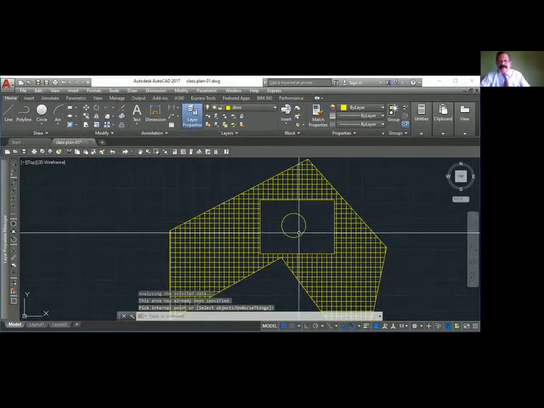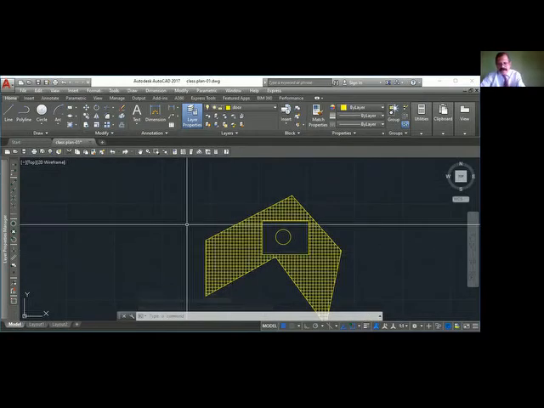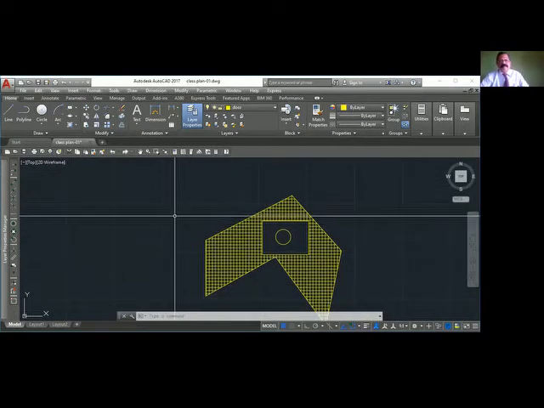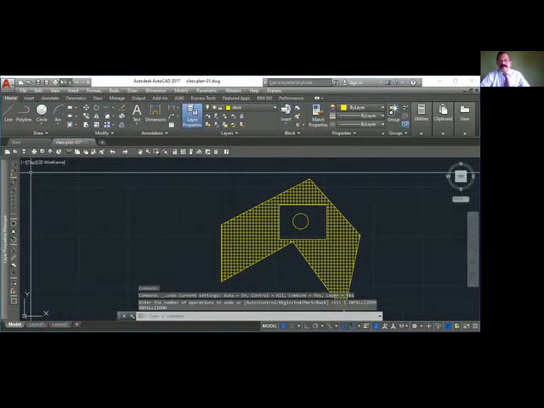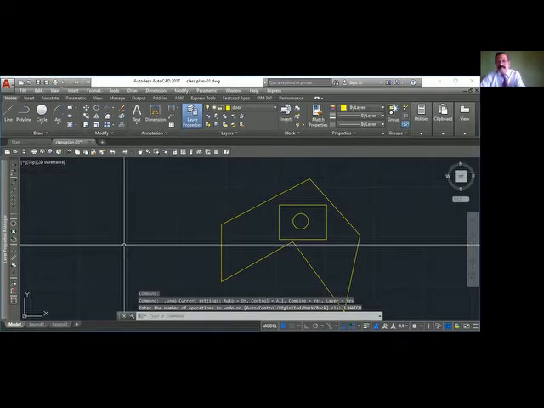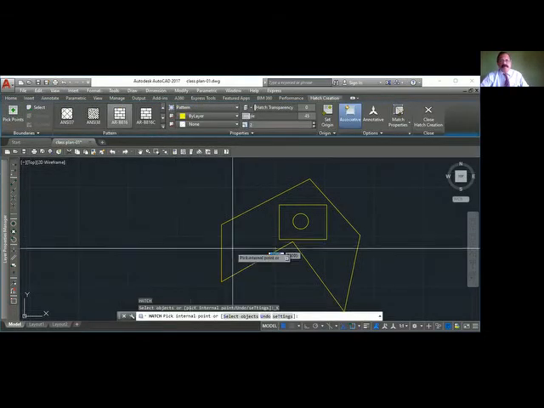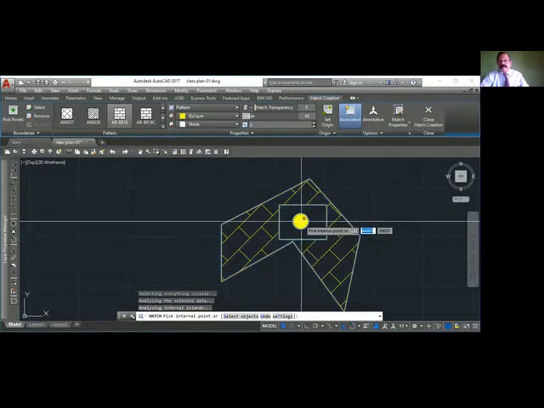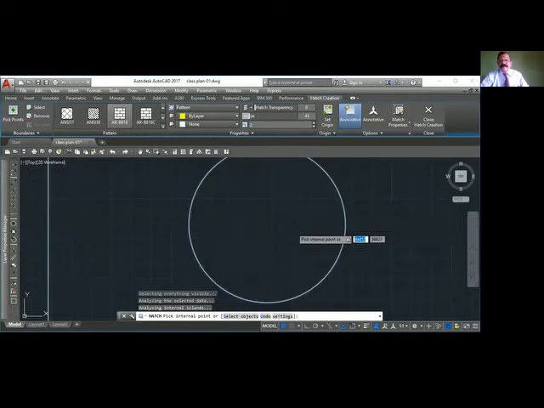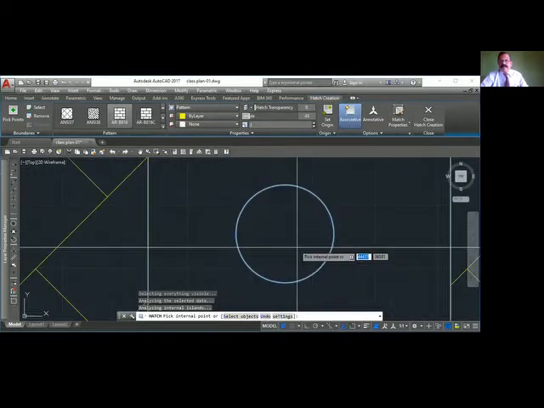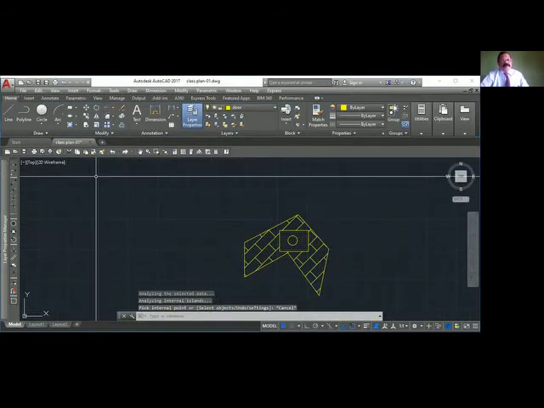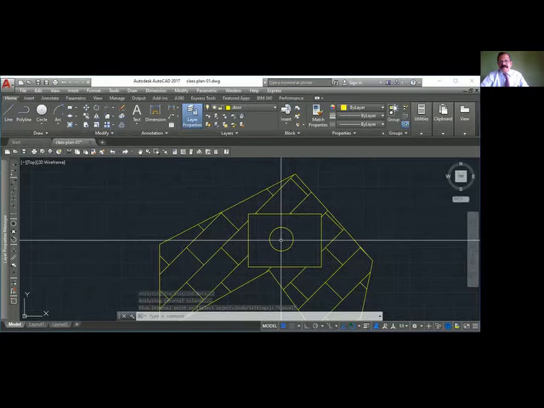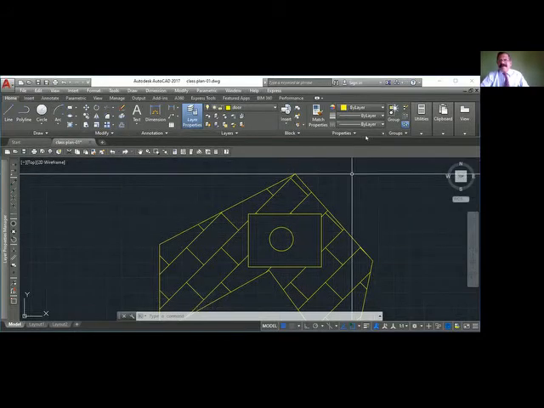See, I can't put it here, right? So I will go to the next command. Again, repeat. The first command he was not allowing. Just repeat it. I have done hatch. Pick point. Click here. He shows here. Click. But he is not allowing me to put it there. Correct? So you have to do it one more time if you want to make it here only. You can adjust that, but it's a little complicated, so I don't want to go very deep into that.